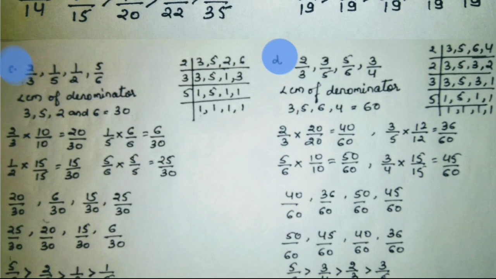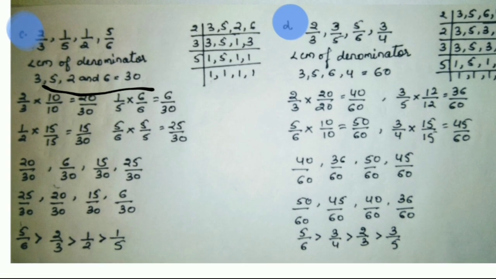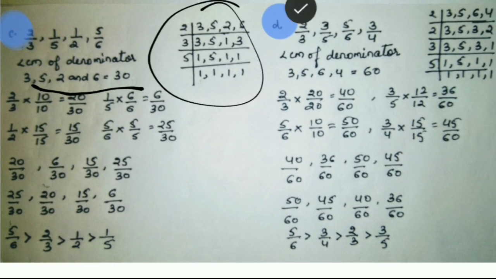Next question. In this one, denominator and numerator both are different. So when both are different, we will find the LCM first. LCM is already done here. So first, this 2 by 3. In this 2 by 3, how many times will 30 come? 10 times. So we will multiply the numerator by 10. Same here, in the 5 table 30 will come 6 times. So both sides we will multiply by 6. Same here, in the 2 table 30 will come 15 times. So we will multiply by 15, and in the 6 table 30 will come 5 times. We will multiply by 5.